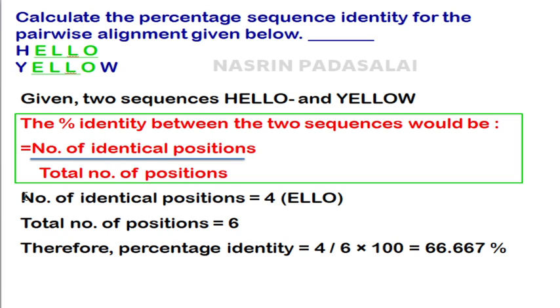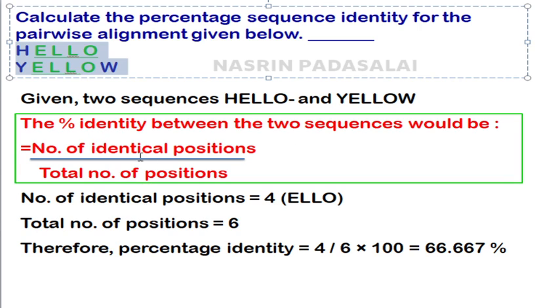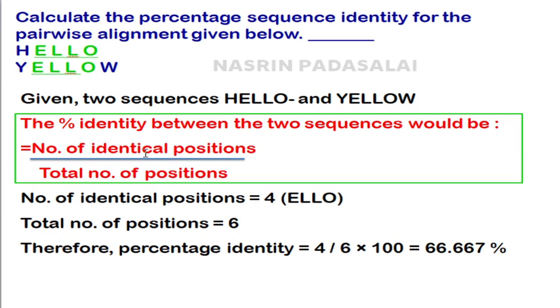First question: calculate the percentage sequence identity for a pairwise alignment given below. So this is what I think they had given. The solution is that they had given two sequences. One is hello and another sequence is yellow. And the formula to identify the percentage identity between two sequences: first you need to know the number of identical positions. That is, here 4 positions are identical between the word hello and yellow, in which case the word ELLO is present in sequence number 1, which is hello, and the word ELLO is also present